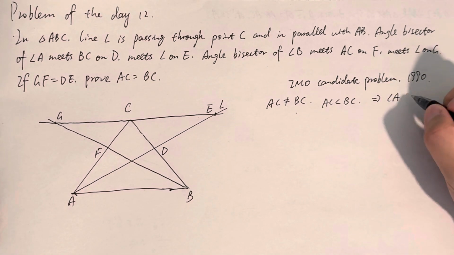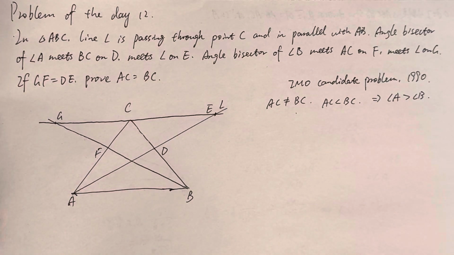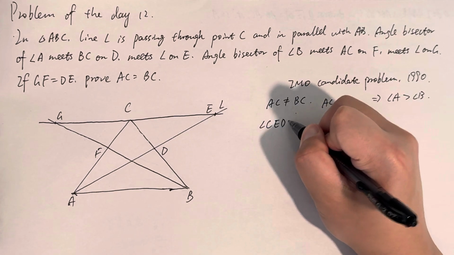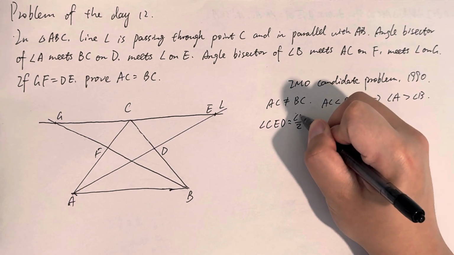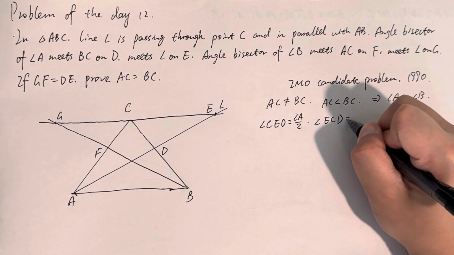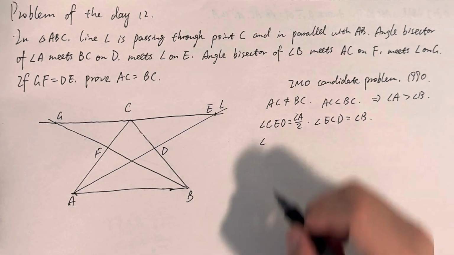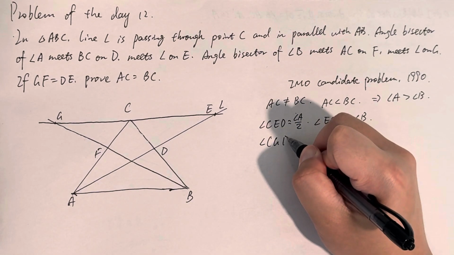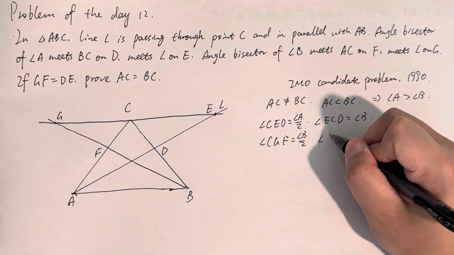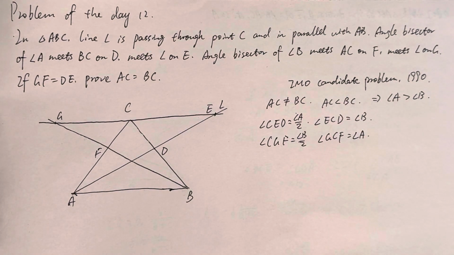angle A is larger than angle B, right? Angle A is larger than angle B. And we already know that angle CED equals half of angle A, right? And angle ECD equals angle B. And angle CGB, or CGF, equals half of angle B. And angle GCF equals angle A, right? Which means